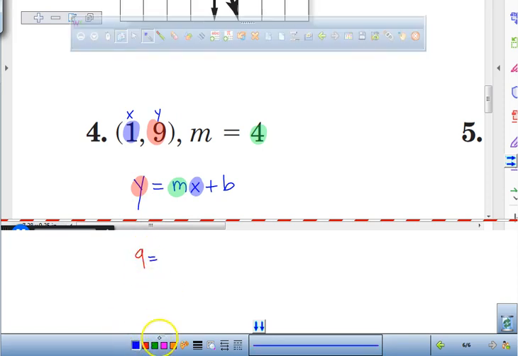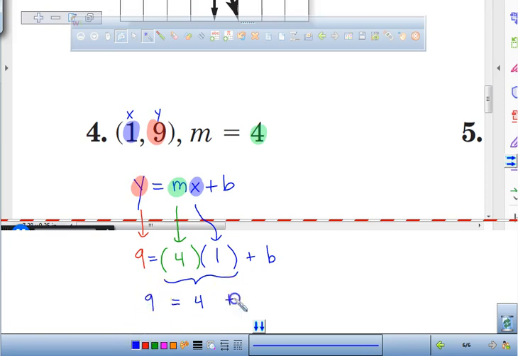All right, I'm going to make this one more challenging here. What do you think we're going to plug in for our m value? Yes, that's right. And what are we going to plug in for our x value? You're right. So 1. All right, so we plugged in a 9 for y, a 4 for m, and x was 1, plus the b value that we're solving for. Now, what do you think we're going to be multiplying together? I'm not going to give you any hints. What does that equal? 4. All right. So we have